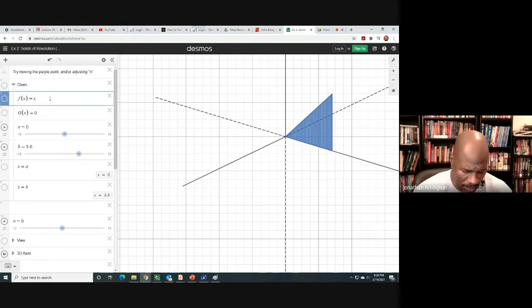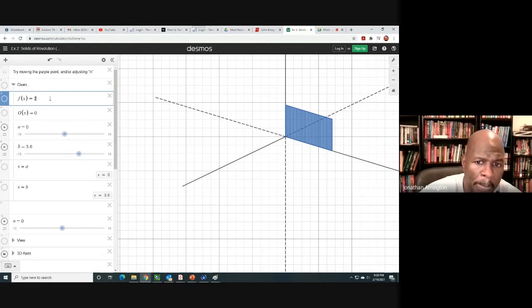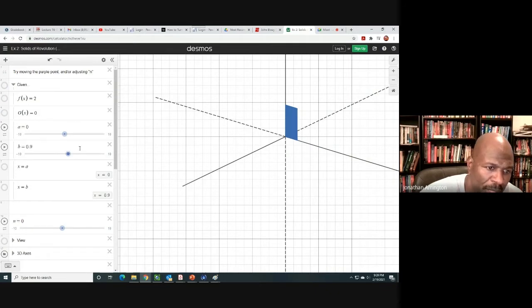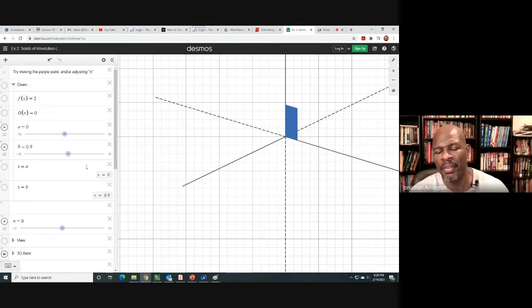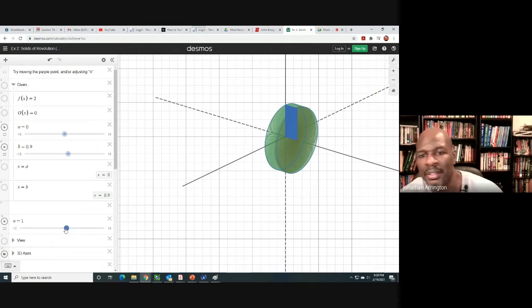So let me give a graph of something that would give me a rectangle. Let's say f of x equals 2. Okay, there's a rectangle, right? And let me make it a rectangle that's not that long. So there's a rectangle, correct? Now think about what happens if I revolve a rectangle about the x-axis. Hopefully you can envision that we get a cylinder or a disc. So this is where the word